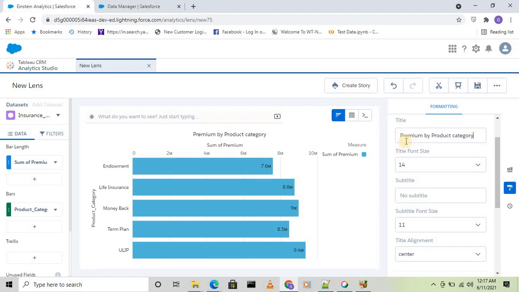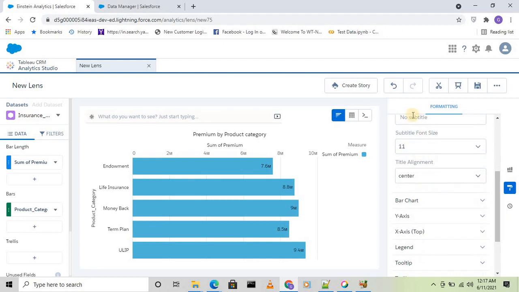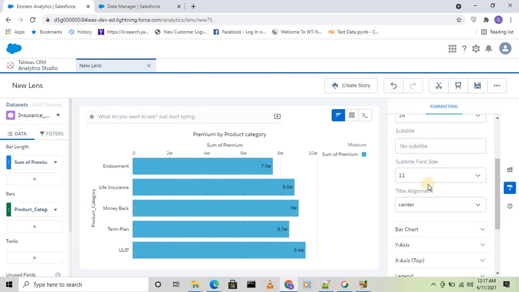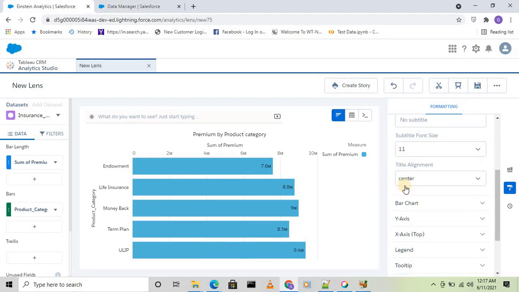Now you can see that title here. It is font 14, you can change that to 16 or whatever. Currently let me keep 14. If I want to add any subtitle, I can do that too, but I don't want to add one for now. Also title alignment: currently it is in center, and if I change that to left, you can see it is moved to left.